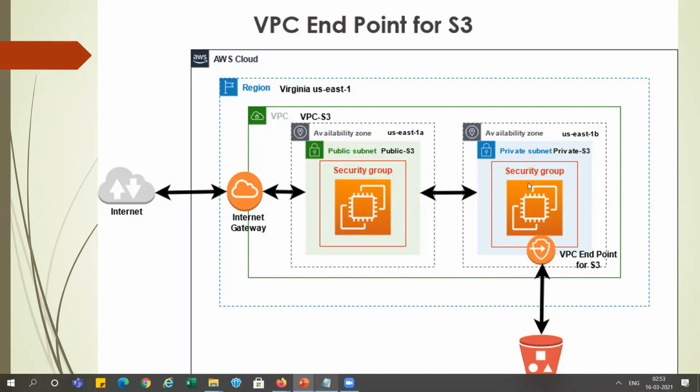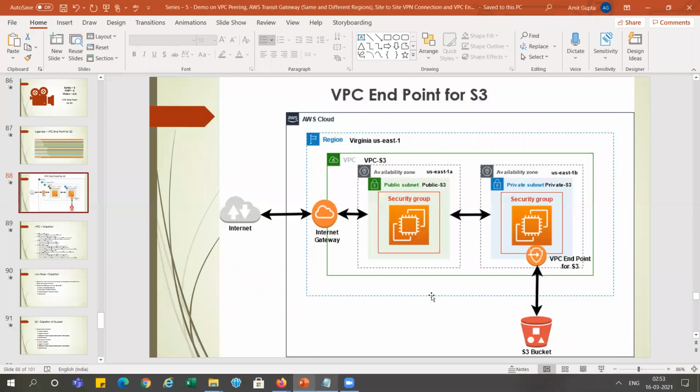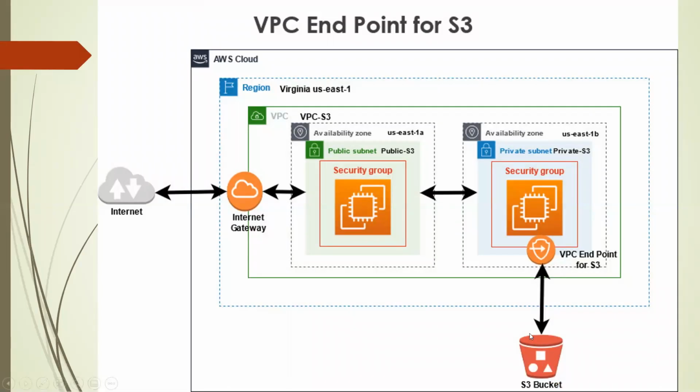So this instance will not be able to connect to the S3 bucket directly. The S3 bucket can be used with the help of this instance using the VPC endpoints. So here the endpoint comes into the picture, where we can access the S3 bucket over the private network. Generally, we use the S3 bucket over the public network, right? So we will do this POC here.